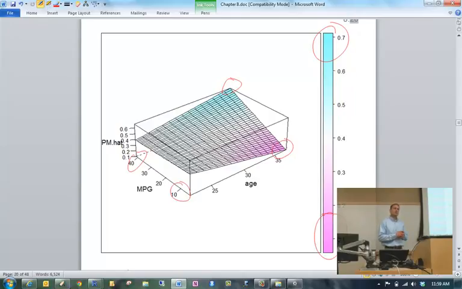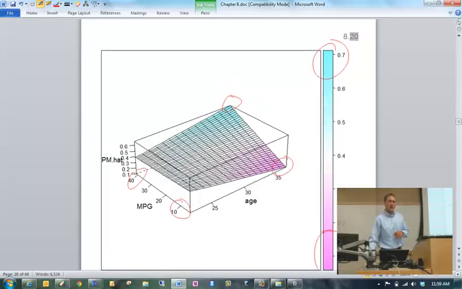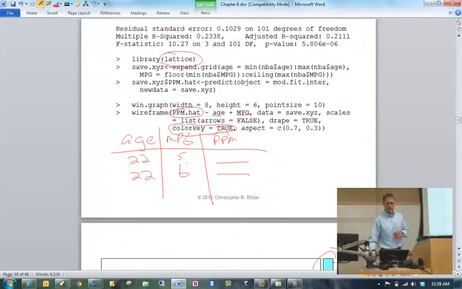What's this? You don't specify the step there. It's automatic or... What do you mean specify what? You basically give from lower MPG to high MPG, but you don't specify the step by which it changes. Does it do it automatically or something? I'm sorry, I'm not sure what you mean. When you do the save XYZ, you basically do, let's say, age from NBA minimum to NBA maximum without giving by.